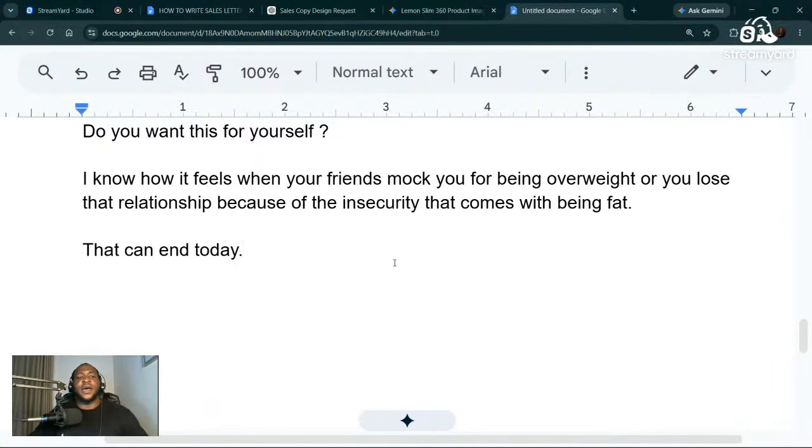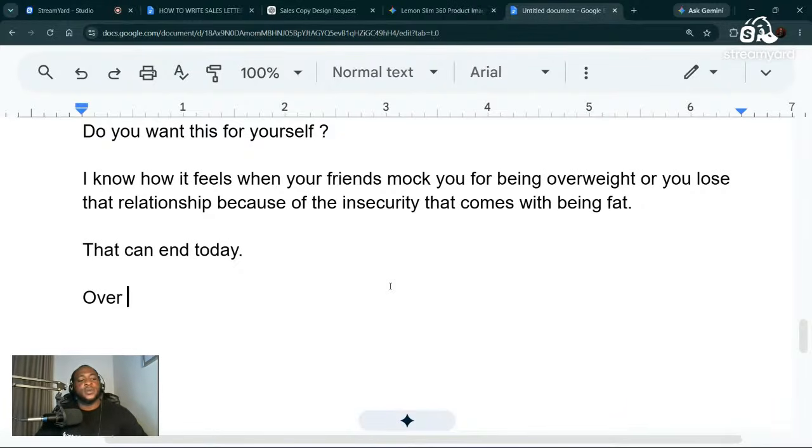You can now stop here. And you can now say, right now, we want to present the solution. So how do you present the solution? You present the solution easily by saying something like this. A lot of people, if you ask ChatGPT, will bring the solution by saying "introducing." But we are not going to do "introducing" here because we are not AI. We are going to use our head and transition. That can end today. You can now start your solution.